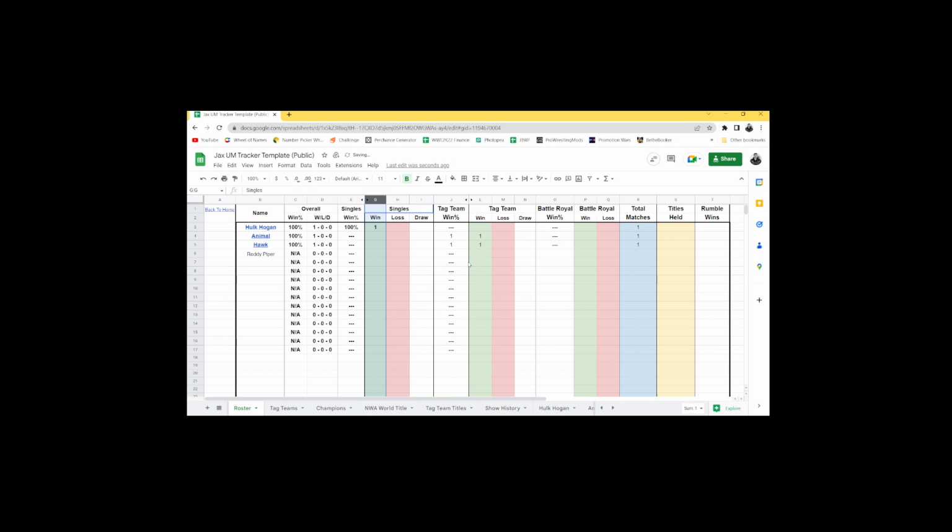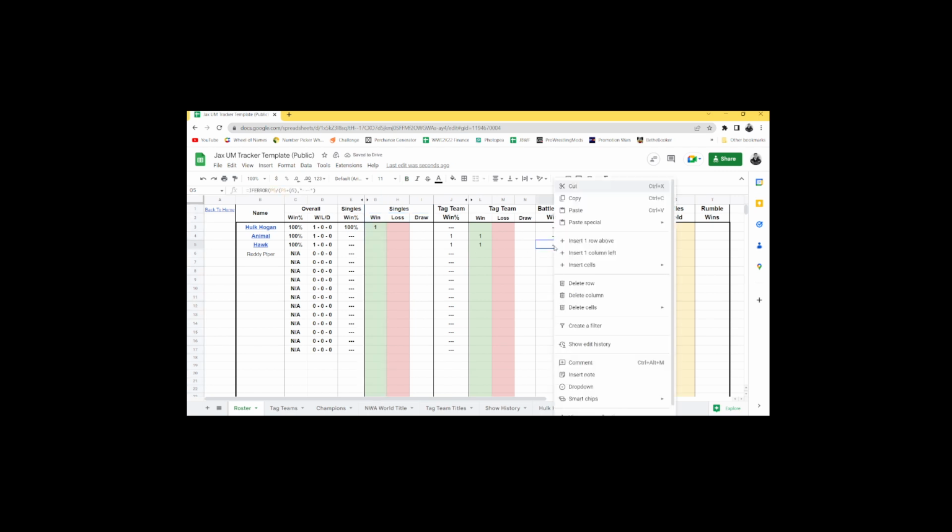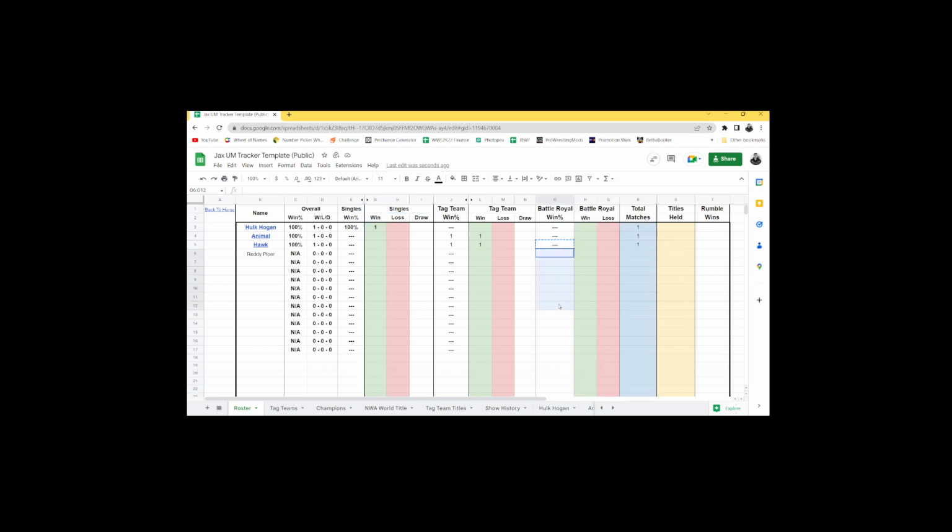So we don't have to worry about those columns now. They're already filled out, down far enough to where you can add a couple people on the roster, and then you can expand it on your own. So we're all filled up here. This is all set to go as of right now. So now you would come down here